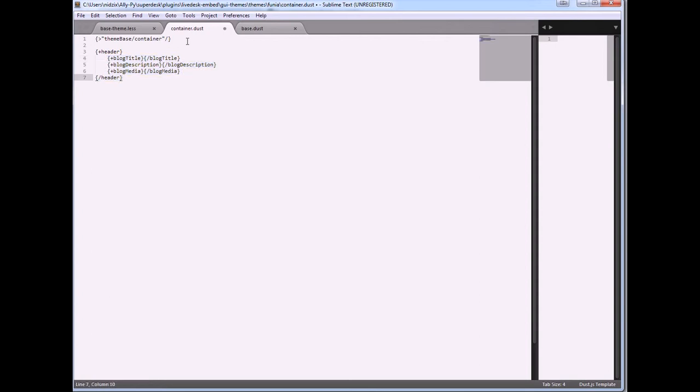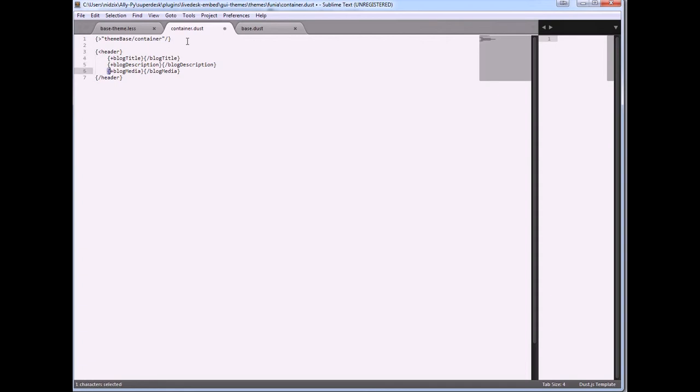Here is the block. By using the plus sign, we define a new block. Leaving this piece of code here will do nothing. We should delete the minus and add less. This way the header block will be overridden, but overridden with what?